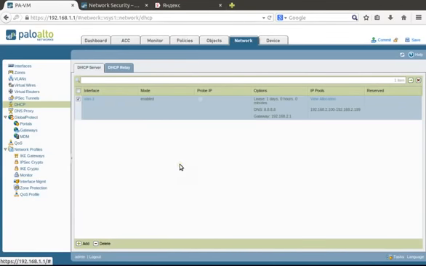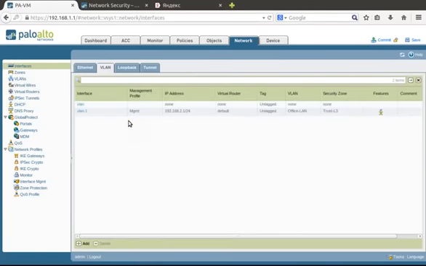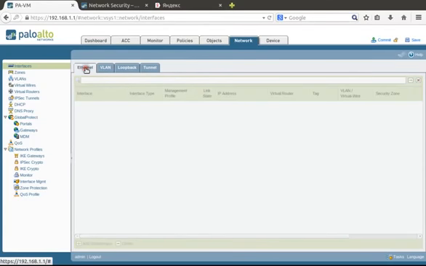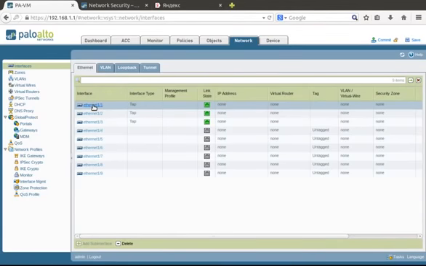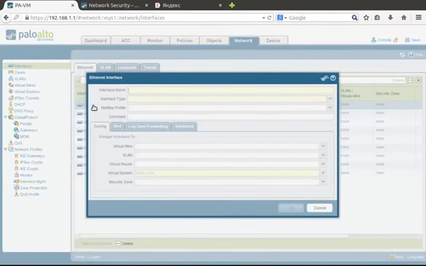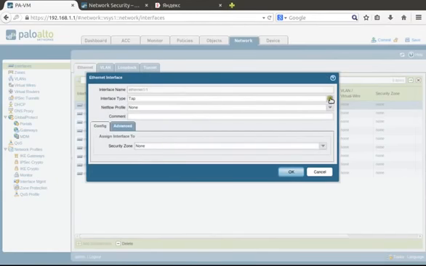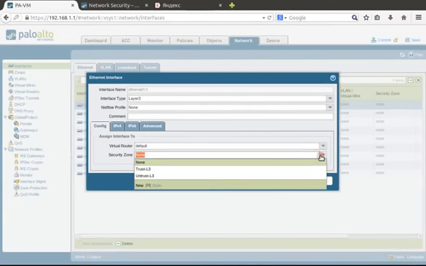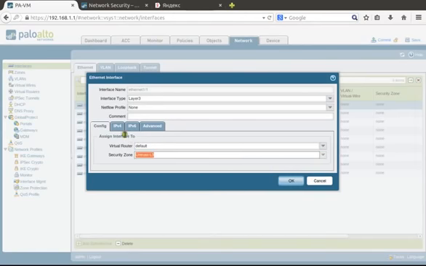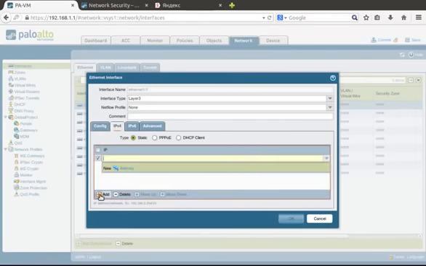Now we need to go to interfaces. As you can see, there is a feature against the VLAN, a DHCP server, showing that the DHCP server is enabled here. Now we're going to Ethernet interfaces, our physical interfaces. Going to Ethernet 1/1, which will be our external interface. We choose layer 3, default router, and this is untrust. Here we need to configure our external IP address